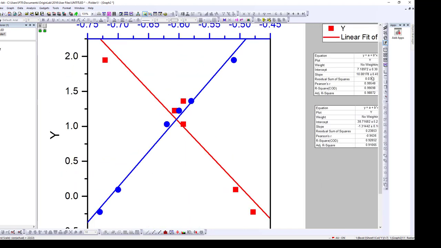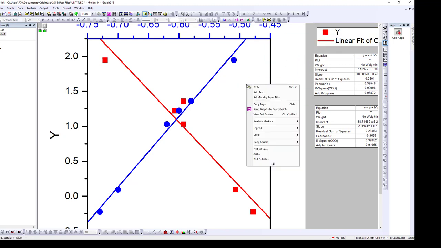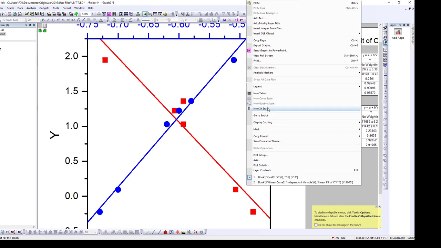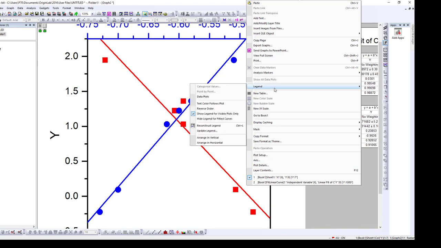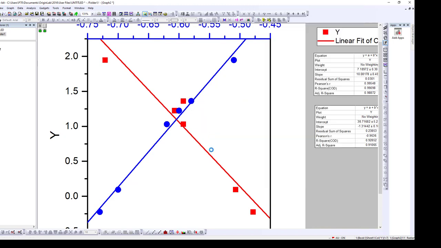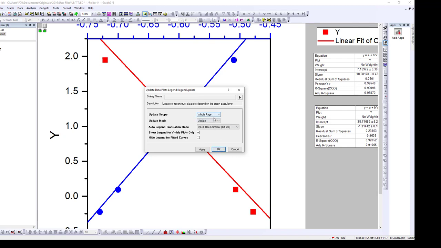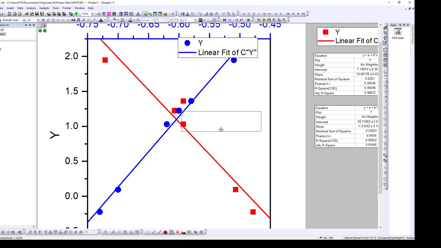Okay, and the next thing you probably want to do is to put the legend. To do that, I'll just come here, right click, Plots, and then look for legend. I think Update Legend. Where is it? Legend, yeah. Update Legend. Yes, whole page. You want to click the whole page. If you click only the active layer, it's just going to show for this layer 1. So you want the whole page, and then you click OK, and it's actually showing just for layer 2,